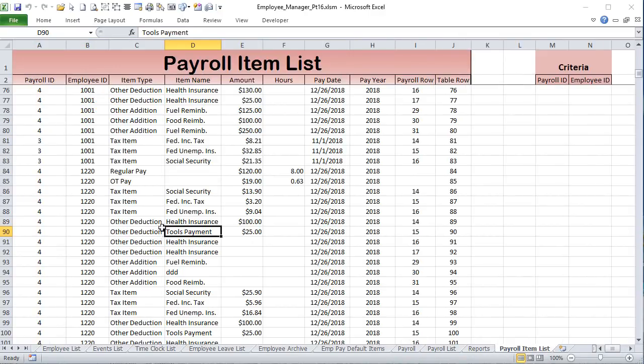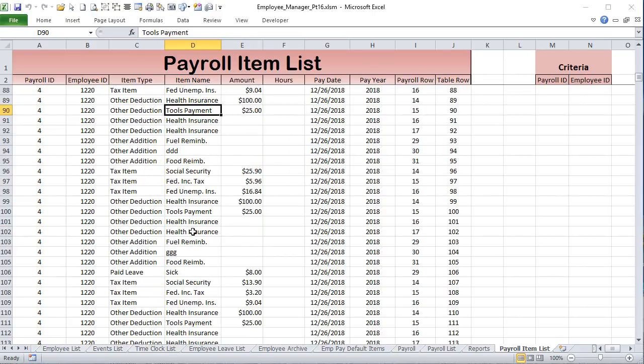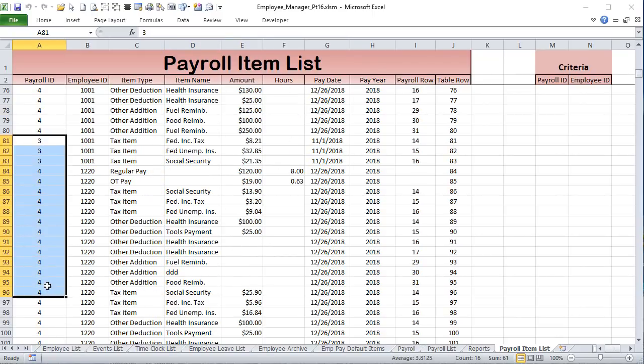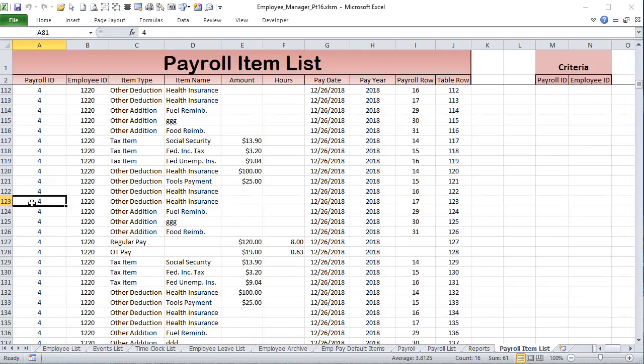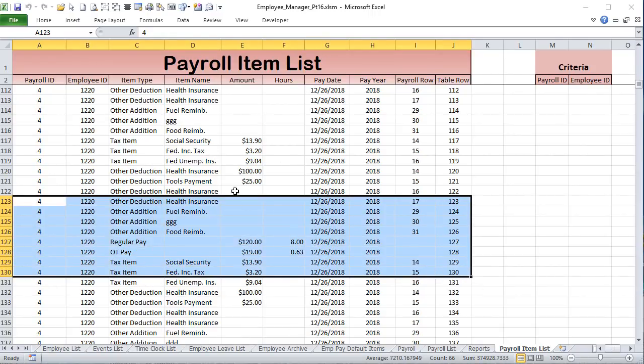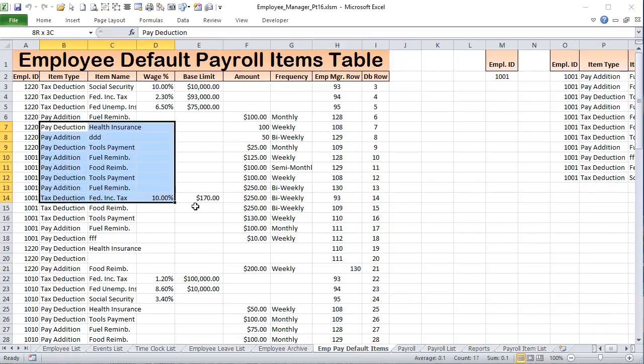And that's going to be from the payroll item list. And this is the payroll. So we have a specific payroll ID. And so everything that gets saved in this payroll item list, we're going to pull it back up from this list. However, if the employee has not been reviewed yet, it's going to pull it from this list, the default payroll